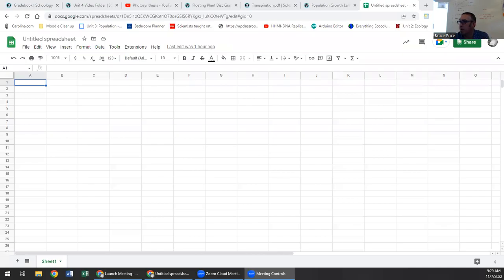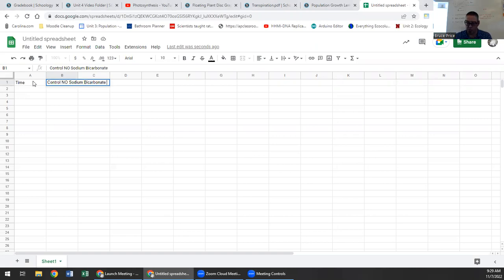Okay, this is how to make a graph for our floating disk. Very simple, we're going to use 3 columns. I'm going to do time in my first column, and I'm going to put our control in our second column. Our control will have no sodium